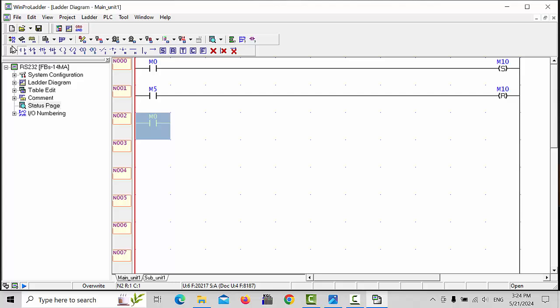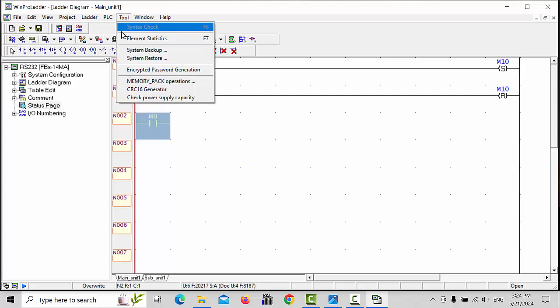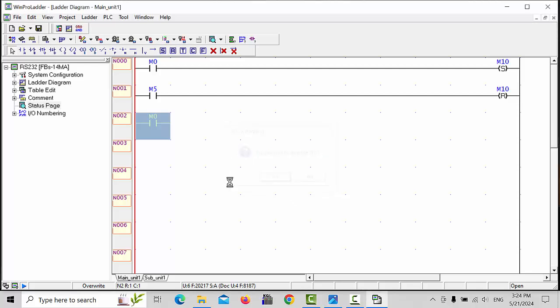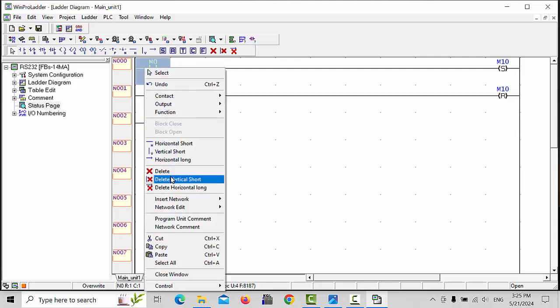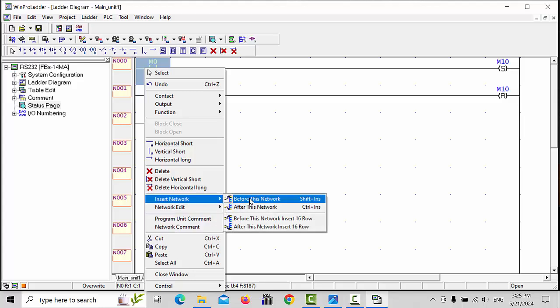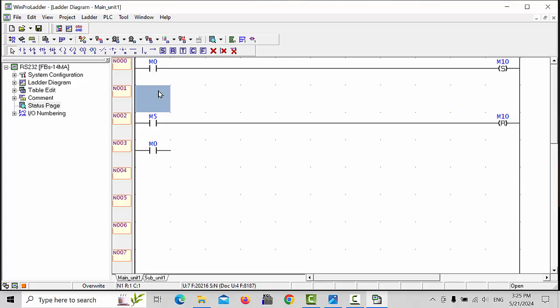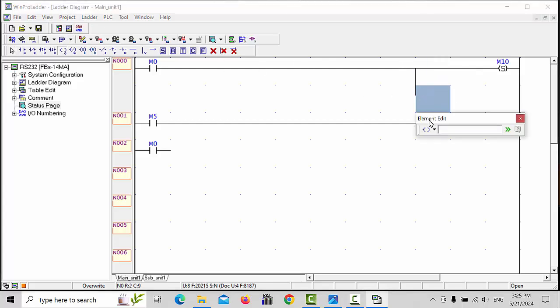We will first stop the PLC. Yeah, we will take one rung here, insert a network after this network, and make it one line. Here we will use only a simple relay, M12 for example,